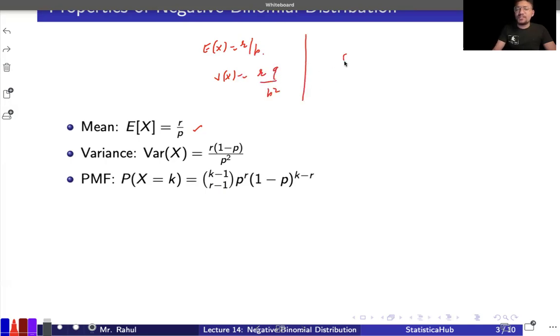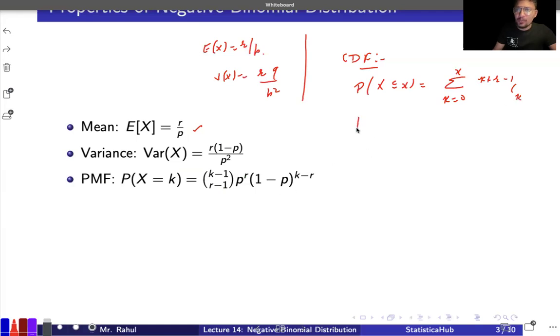Okay. Apart from this, you can go for the CDF also. So that will be the probability that we are having X less than or equal to some x. So simply write that k is running from 0 to x and k plus R minus 1 C K. The other form that you can write, and simply